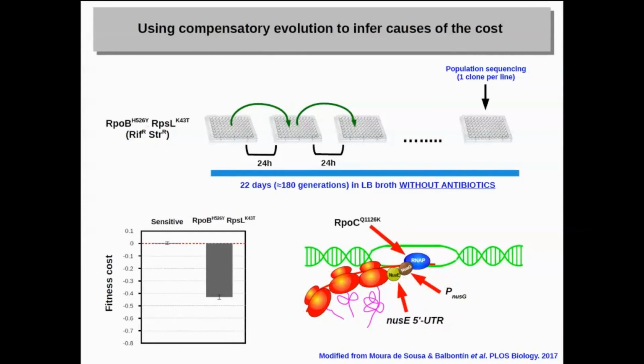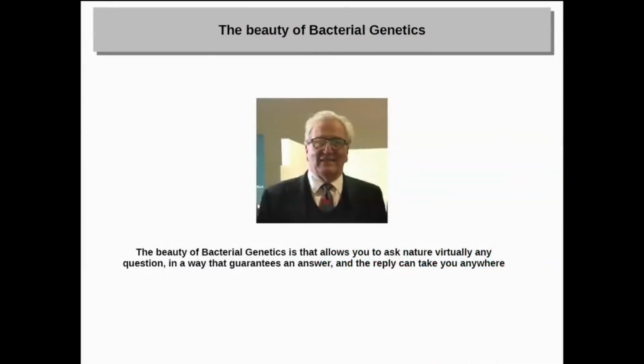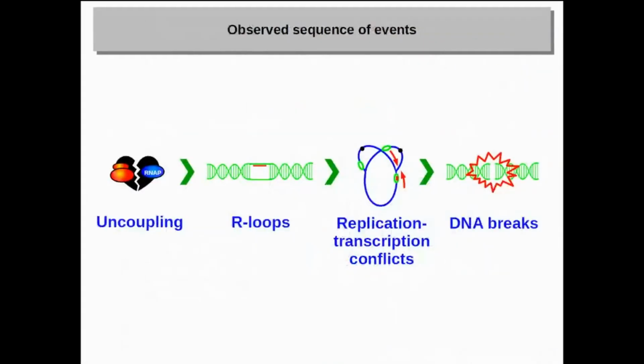So everything made perfect sense. We now have mutations that seem to involve coordination between transcription and translation. So our hypothesis was that the problem of rifampicin and streptomycin, sorry, is not only that they cannot produce enough protein, it is that transcription and translation are not coordinated. For the sake of time, I cannot tell the entire story, but we went step by step, finding out